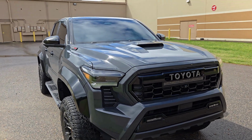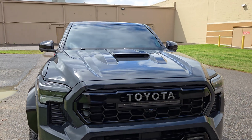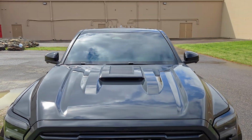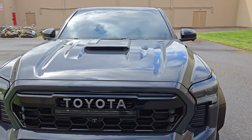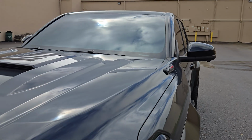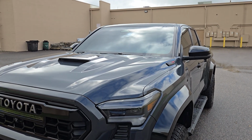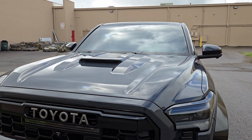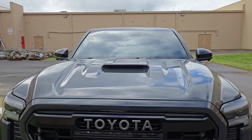For the front windshield on this '24 Tacoma, we have the 3M Crystalline 60. This is the first generation Crystalline. I'm mentioning that because I believe the second generation Crystalline, called the CR Black or Crystalline Black, isn't going to have this blue, purple, greenish reflective sheen that you see on here, which I personally like just for the windshield. I wouldn't like this sheen on the other windows, but on the windshield, I like it. It reminds me of the Jaguar and Land Rover infrared or IR OEM factory windshield glass. But anyway, so